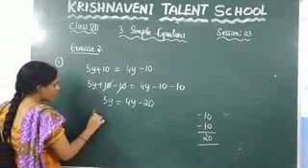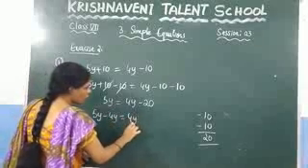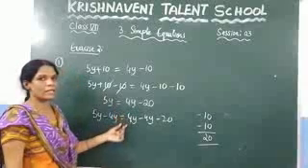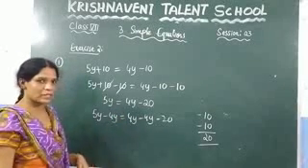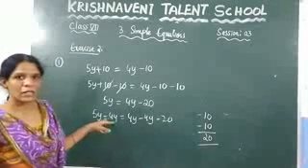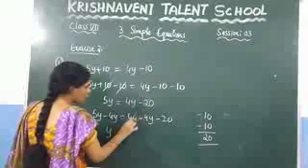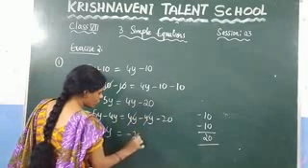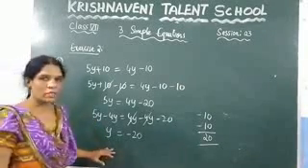So add it here, 4y minus 4y is equal to 4y minus 4y minus 20. Just I am adding minus 4y on both sides. So what I am getting here, 5y minus 4y, which gives you y. And here this 4y will get cancelled. And what is the number which is left out here? Minus 20. Like this you need to find the value of y.